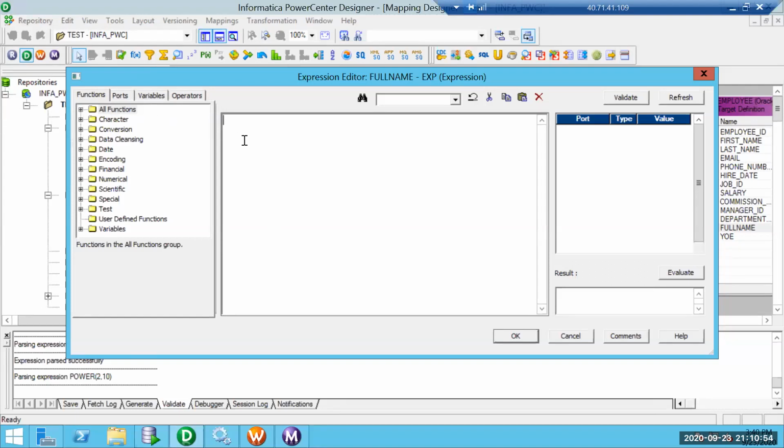Okay, this is an Oracle function system.